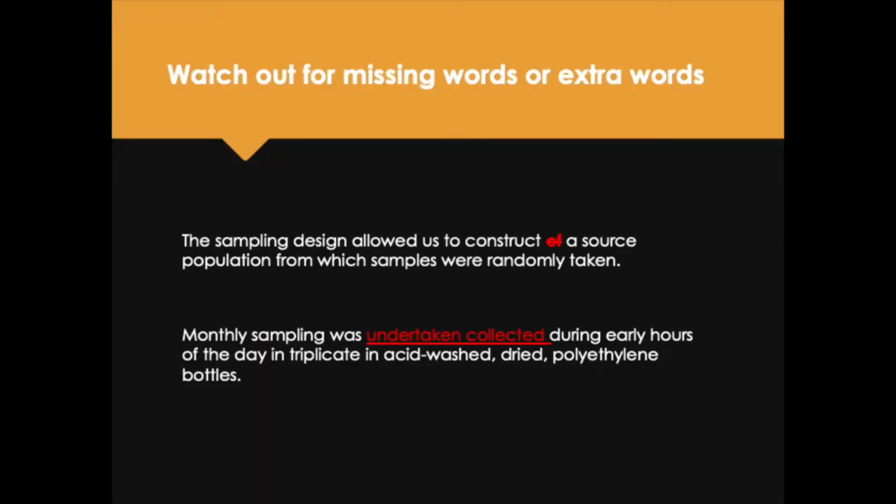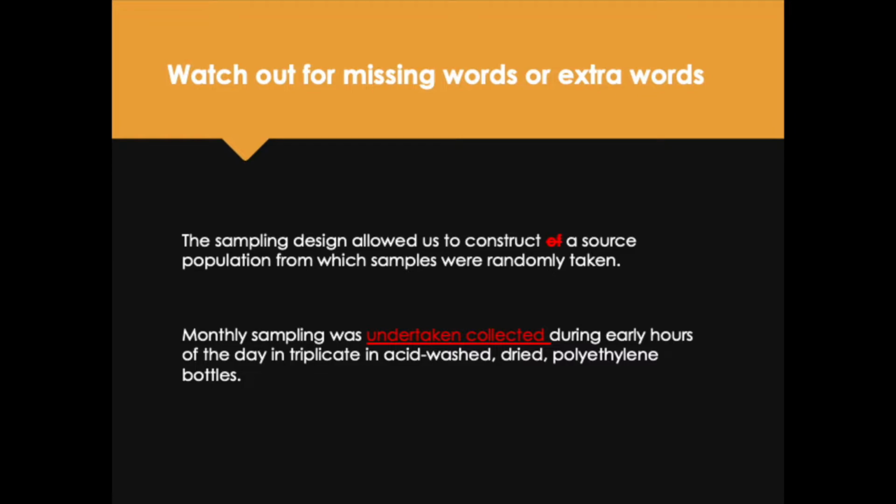And I sent that manuscript to my co-authors and it caused a lot of confusion because that one word was missing. And when I got back the comments, they'd spent a long time making a lot of comments and explaining them, when in reality none of that was necessary because I was just simply missing a word in my sentence. So watch out for those. Here are some examples of extra or missing words.